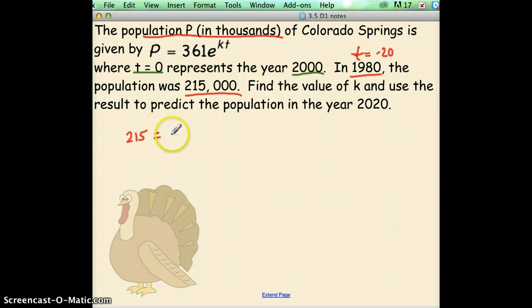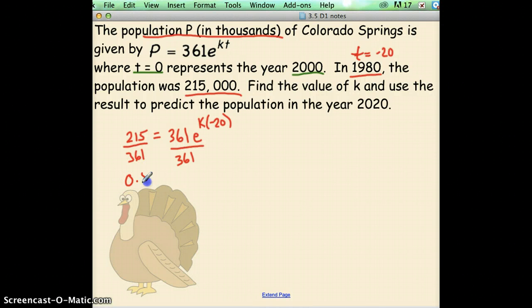So 215 equals 361 e to the k, which we're going to find, times t, which is negative 20. Now we're going to divide by 361. Okay, 215 divided by 361